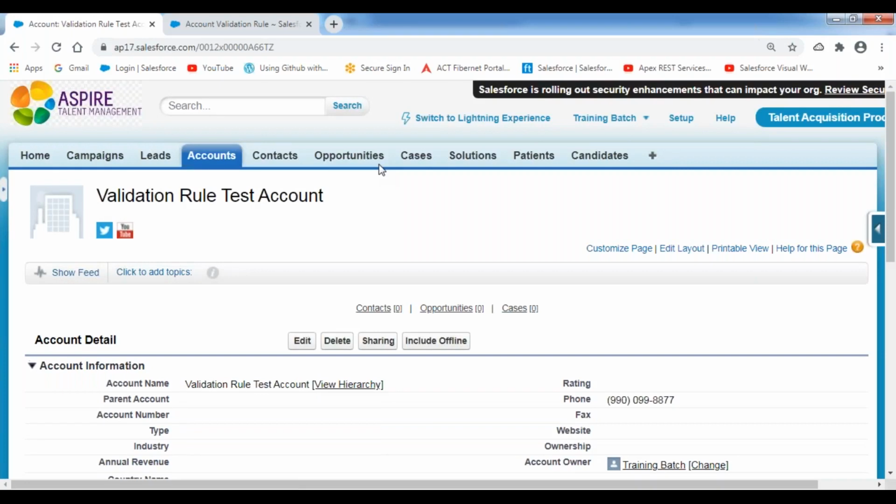So before saving the record inside your object, upon creating the record, when you click on the save button, it is going to validate the data first. If all the validations are successful, if there are no errors, then only the record will be accepted. If any one of the fields has some wrong information, it will not accept that record here. So before inserting the record, it does the validation process first, and then it will save the record.